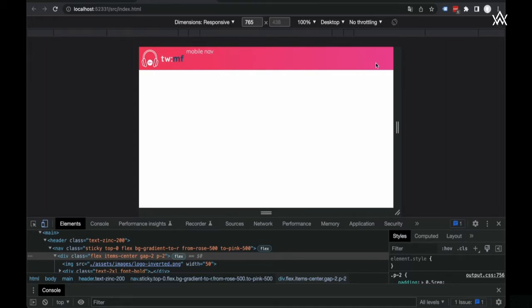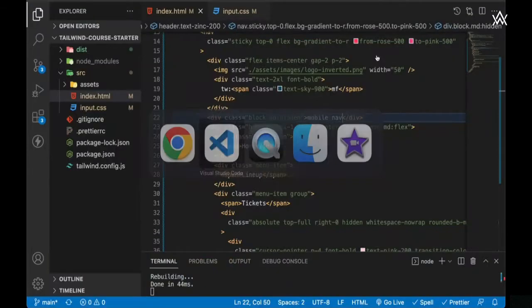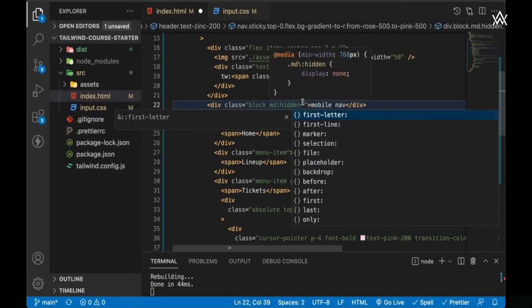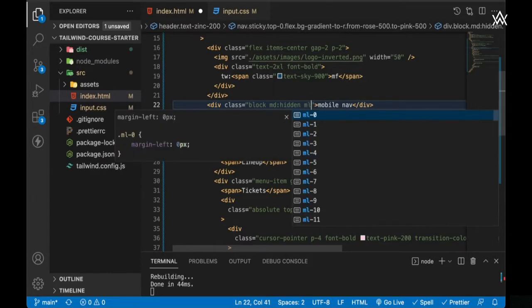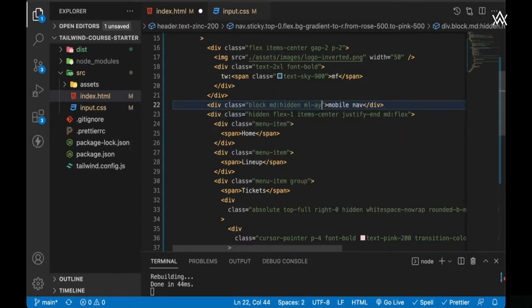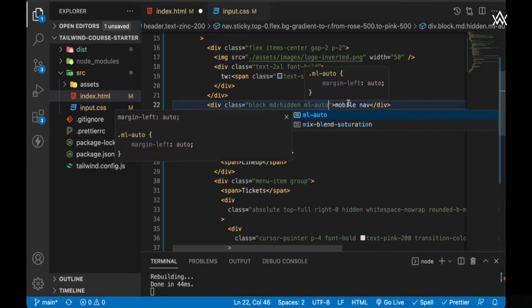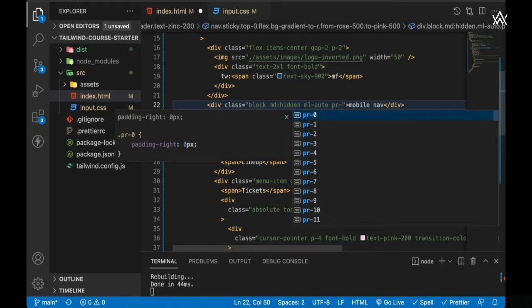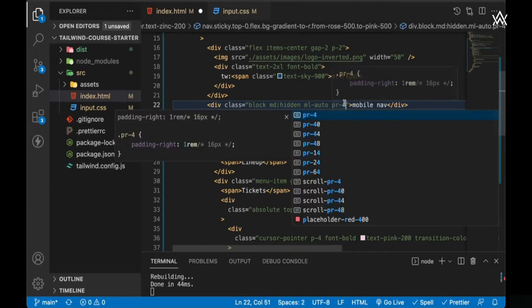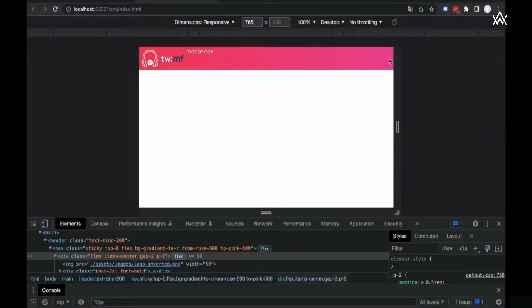So what we want to do is create our mobile menu icon. So let's go back to our code then, and we want this to be positioned to the right-hand side of our nav. So for this, we need to add a margin left of auto. So this will shift the mobile nav to the furthest right-hand side of the navbar. Let's give it a padding right of 4. So that's 16 pixel padding on the right-hand side,